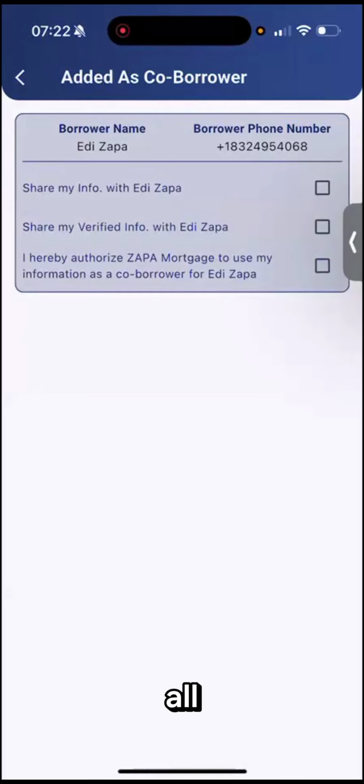If I uncheck all of this, I'm not sharing anything with the borrower. I'm not sharing any information that I manually enter in this app. I'm not sharing any verified information with him, and I'm not allowing the mortgage company to share any of my verified information with him. So if someone added you as co-borrower, it doesn't mean they can see all your information,